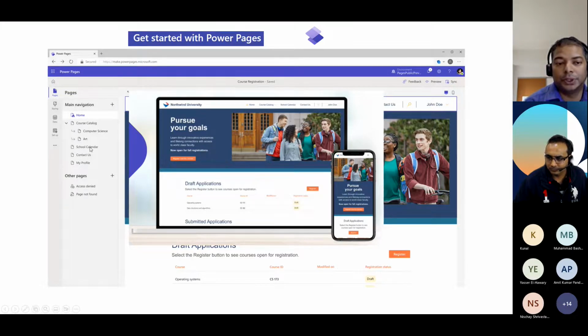So this is your Power Pages, which I have already gone through. I have given you the details of how it looks, and you can actually get your Power Pages with the help of your custom